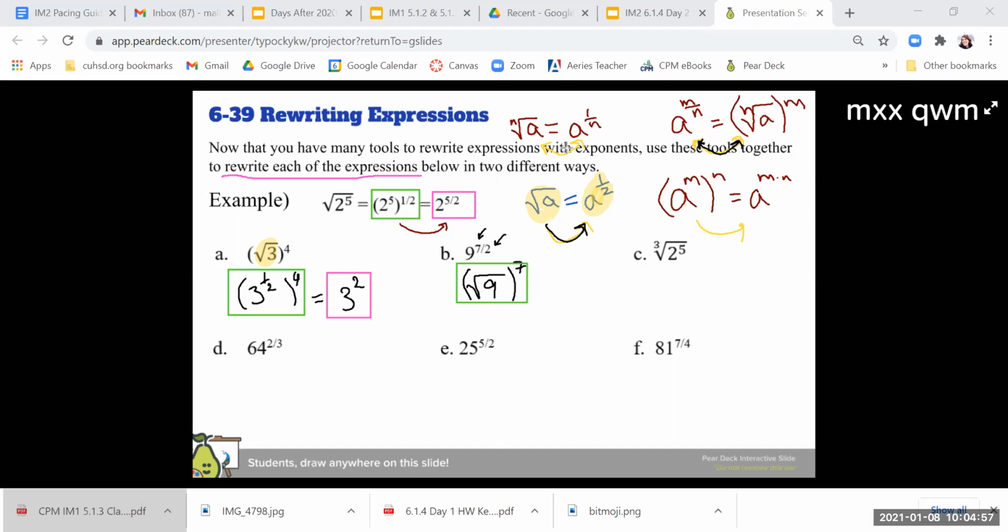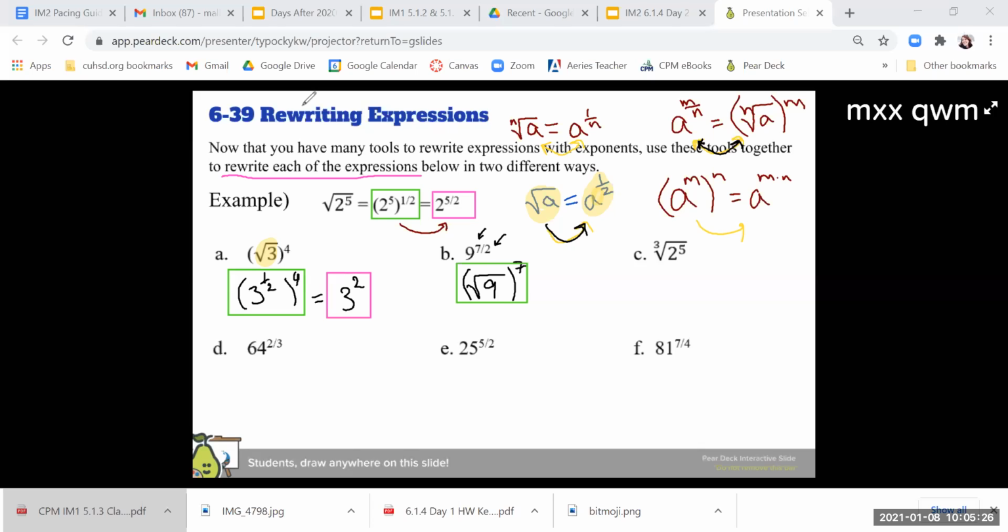The default for a root is 2. It's because we don't really take the first root. The first root is itself. So if we do a square root, that's like the most common root. When you see a square root symbol, this is the square root, and it just is what it is by definition. That's the second root. And then if we up the root from there, we put in the new number, like